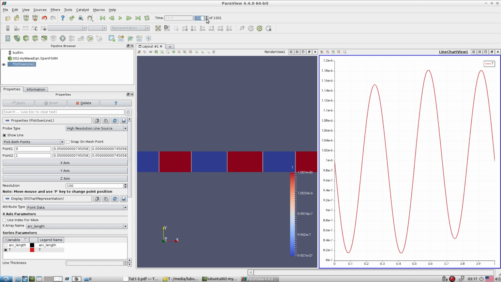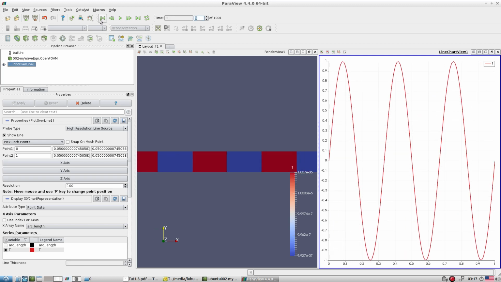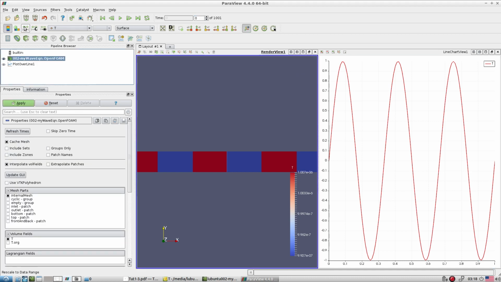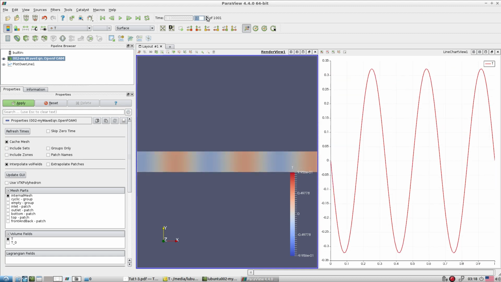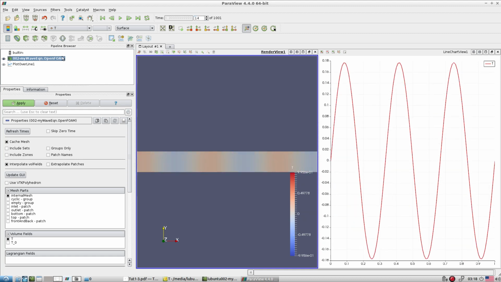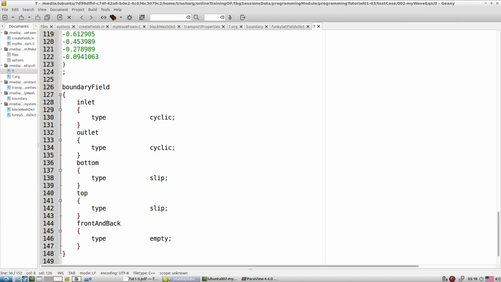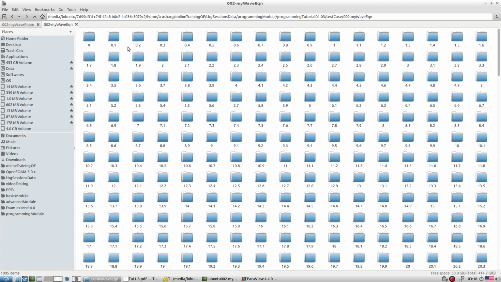This is how the wave is transported. At the beginning, we are seeing how the wave is transported in this. So that is how one can quickly set up a very simple test case.